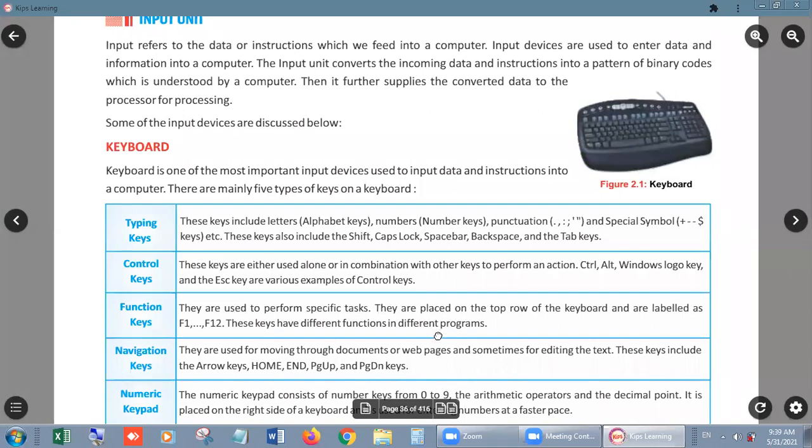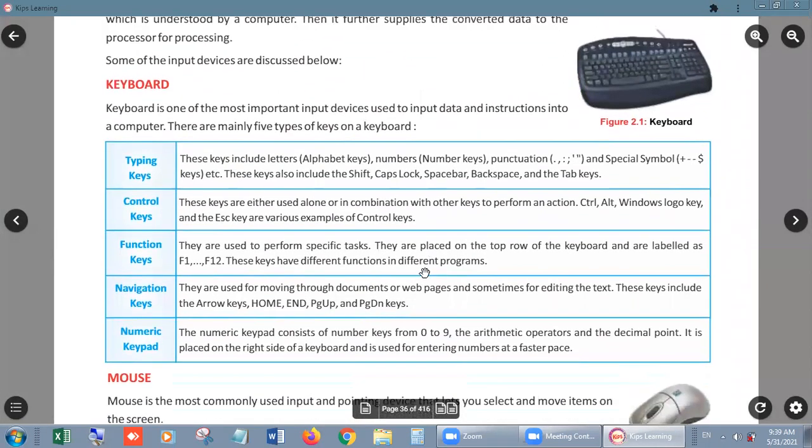Now the types of keys which we are using in a keyboard. Number one, typing keys. In typing keys, we include all alphabet keys, all number keys, all punctuation keys, all special symbol keys. These keys also include the shift, caps lock, space bar, backspace, and tab keys.